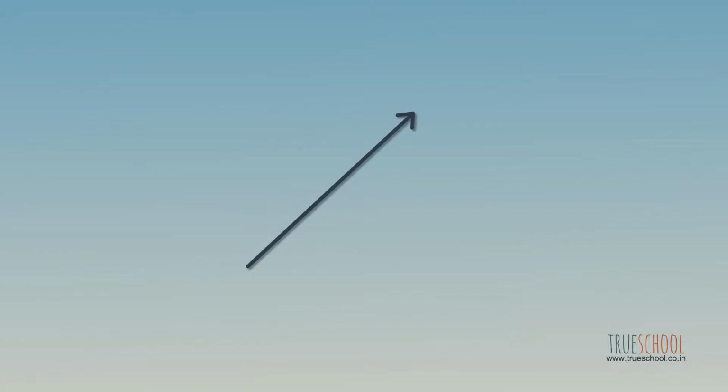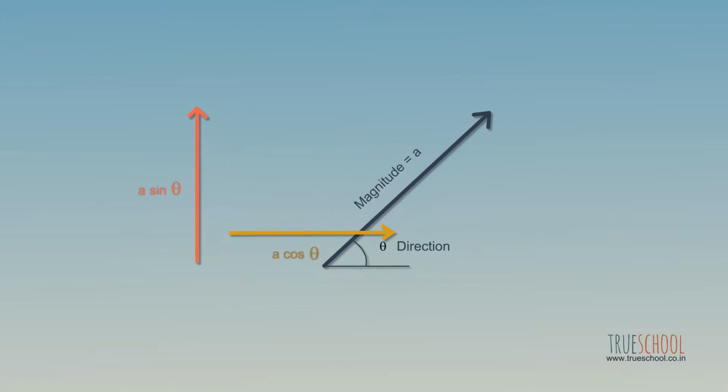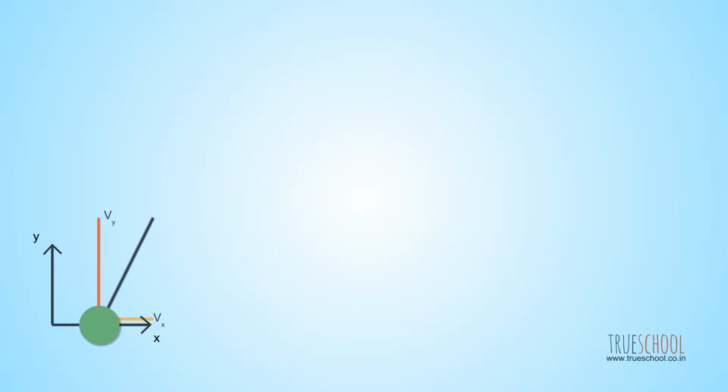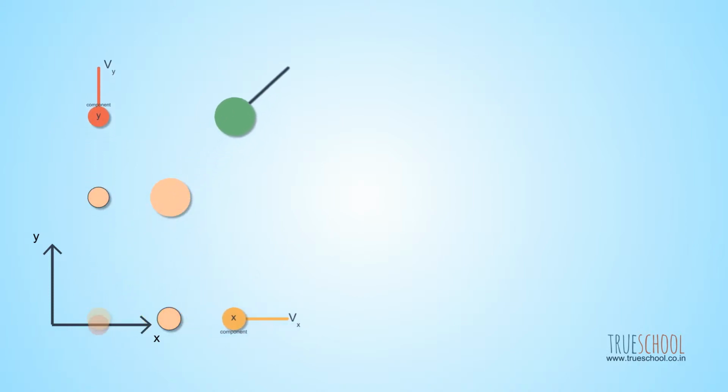What is that? We had earlier discussed how direction is important in certain physical quantities like position or velocity. These quantities, which have both values and direction, are called vectors. A vector can be resolved into components. That actually means we write the same vector in two dimensions as a sum of two vectors which are independent of each other and can be analyzed separately. If you have studied trigonometry, you must know how to find the component of a vector in both x and y axis.